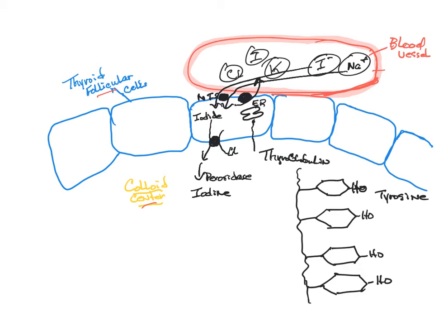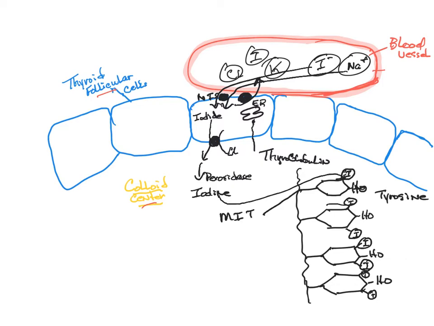Okay? And then once the iodine is formed, it then combines with my tyrosine. Okay? And it can do it in many ways. I can have iodine that forms here. I can have an iodine that forms here and here, and an iodine here and here. I'm doing this just for simplification because this can happen in multiple places. But what I want you to understand is that if one iodine forms on here, it is known as MIT,